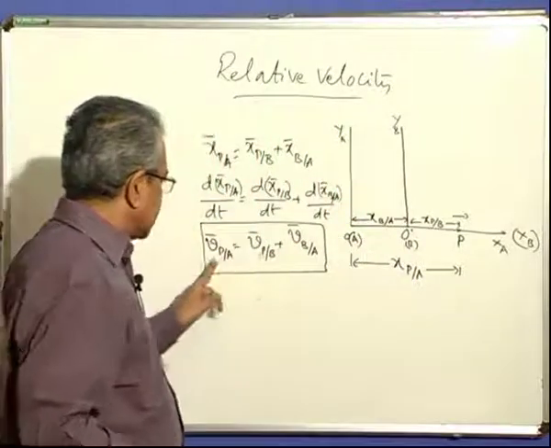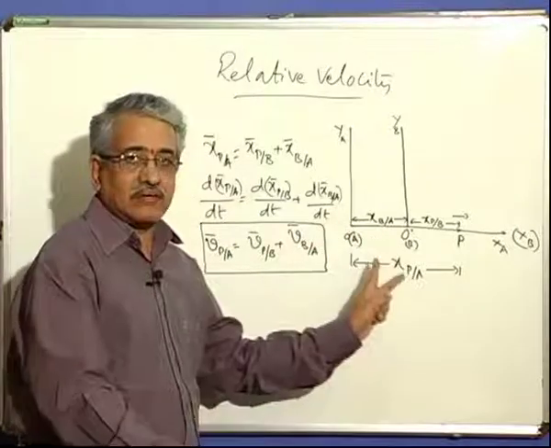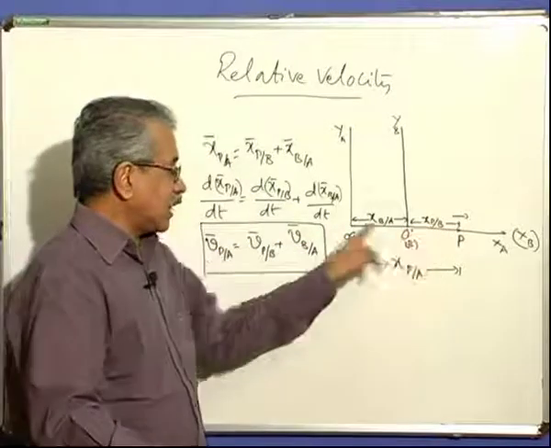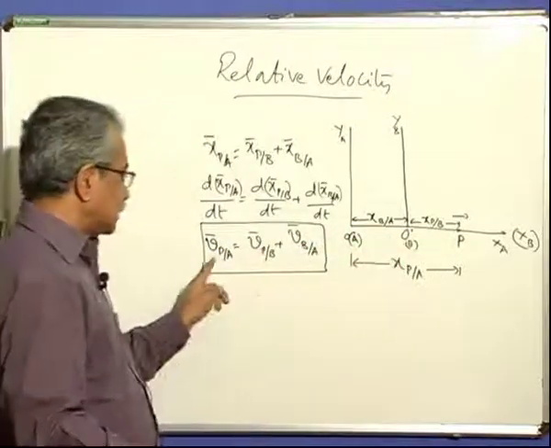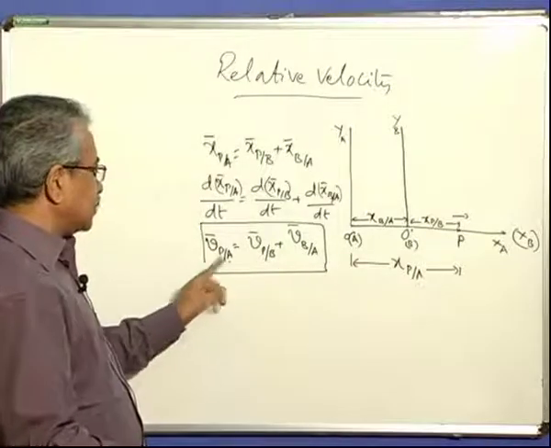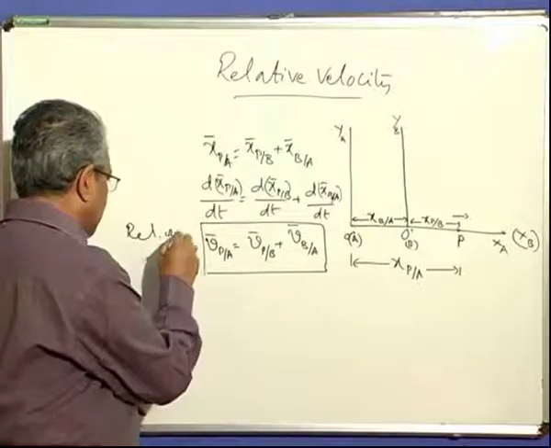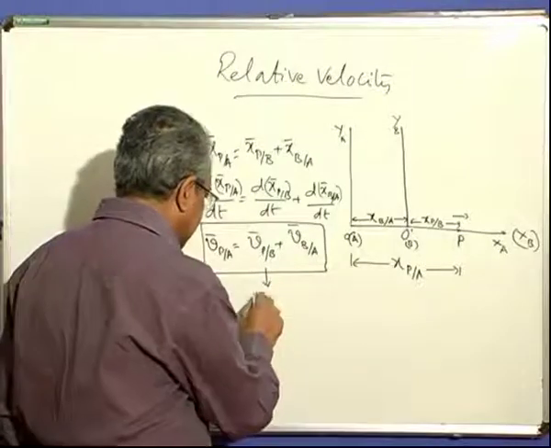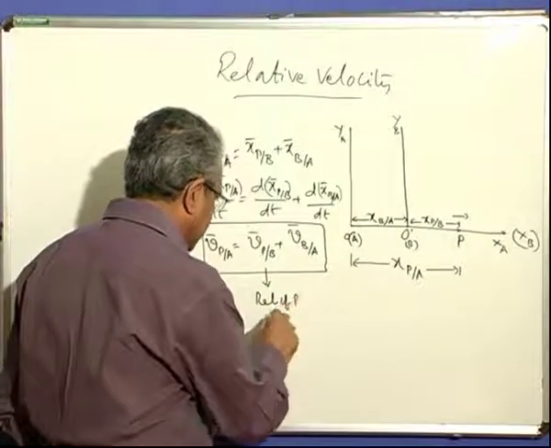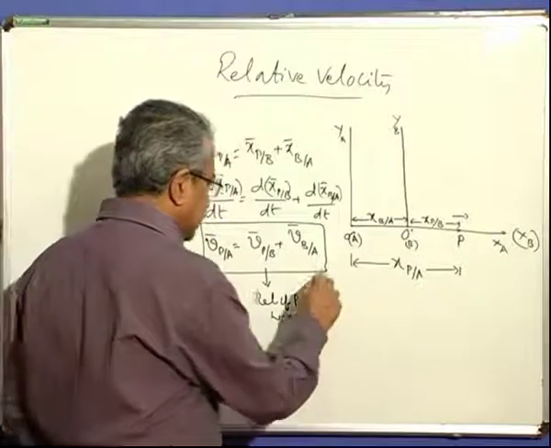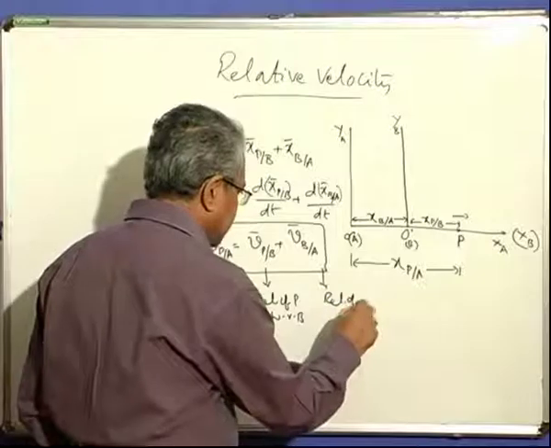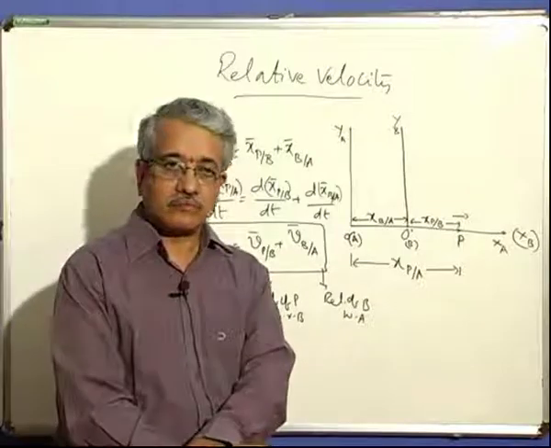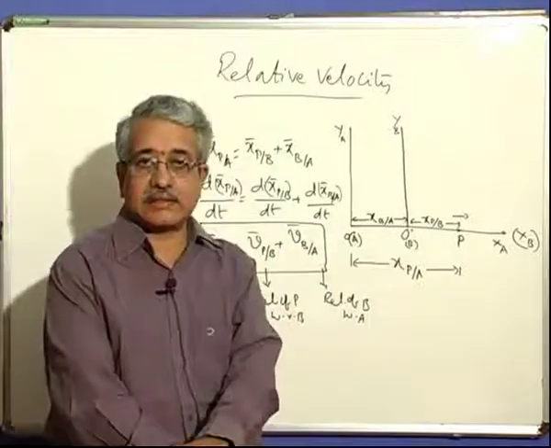Now see, this is velocity because of the two observers we have here. One is at A, one is at B. This is the velocity of P we are seeing now, observed by two of them. So this becomes the equation for the relative velocity of P with respect to A. We call this the relative velocity of P with respect to A. Similarly, this will be the relative velocity of P with respect to B, and this is the relative velocity of B with respect to A. So all are relative velocities only here. That is the way we try to understand this.